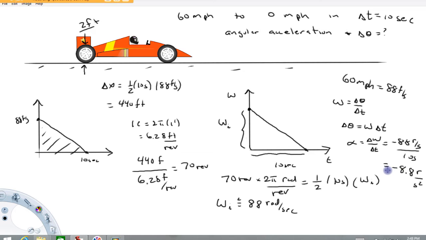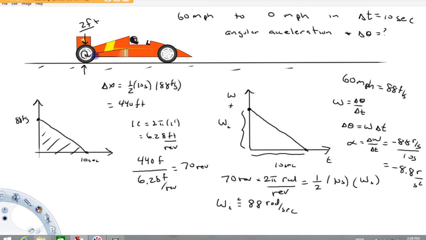It came out negative. The negative sign does not exactly mean it's because the rotation rate is slowing down, right? Here's what it means. When I made my velocity graph, at t equals 0, I put a positive value here, meaning that I have defined clockwise as positive for this problem. And the angular velocity is in fact decreasing, which means the angular acceleration is in the opposite direction, or in fact counterclockwise. It is actually possible to have, in this case, a negative angular acceleration and have the angular velocity be increasing in magnitude. And if you'll humor me at the end of this video for just a little further,